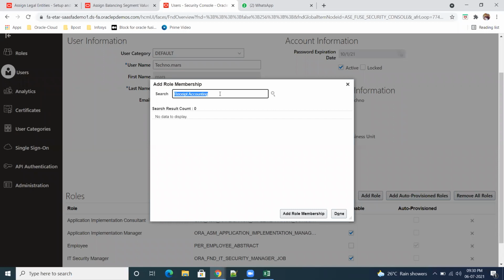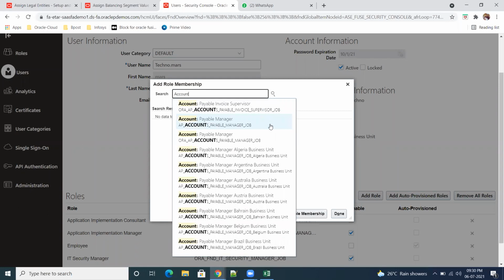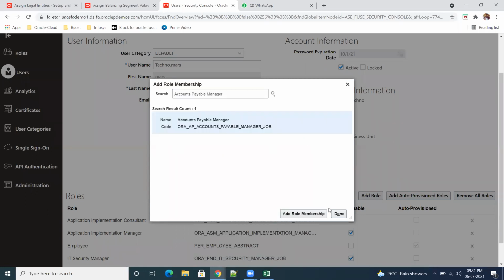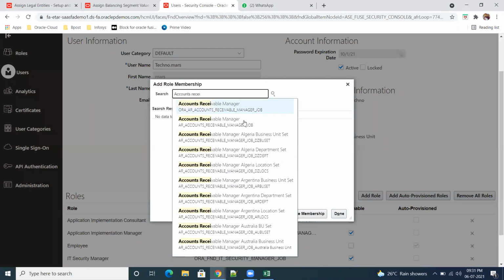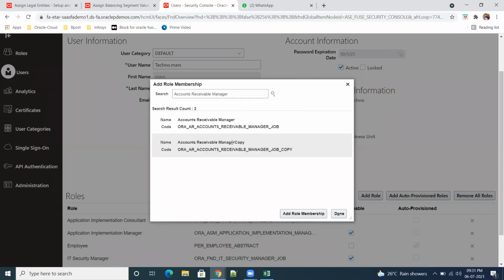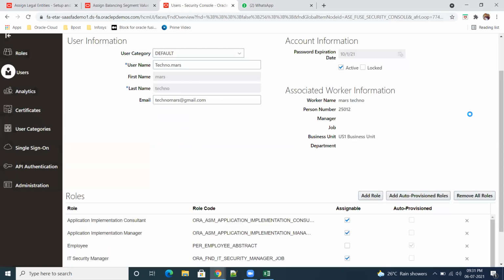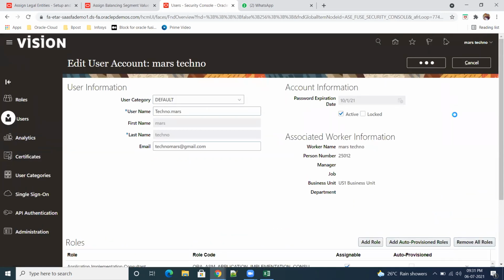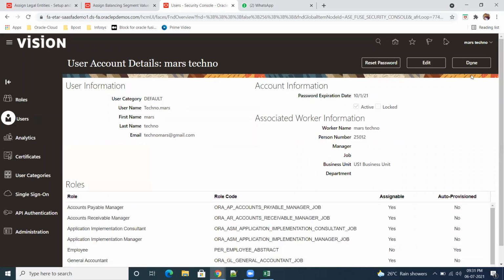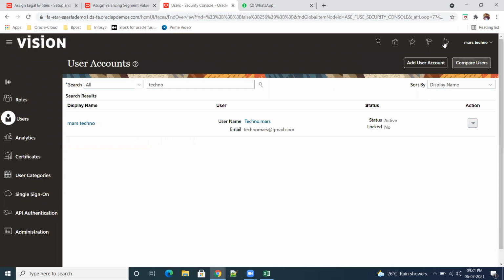And account payables, account payable manager, receivable manager also required. And receivable manager. So later we'll see if we require any other things. Okay, so that's all. Save and close. Click on Done. Go to the home icon.